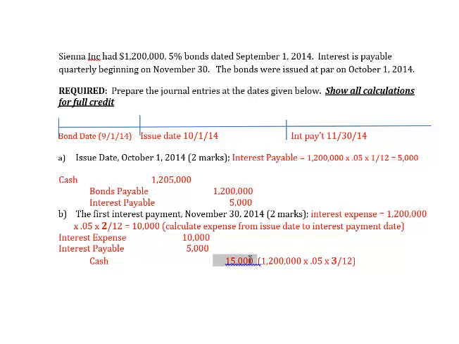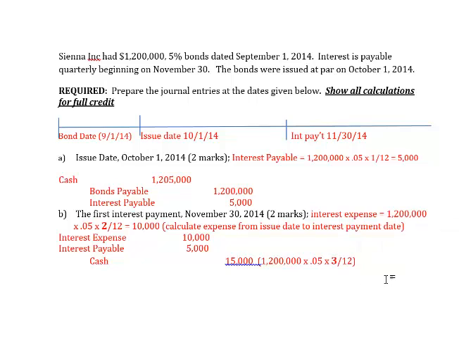So the investors now are getting a full 3 months of cash. And we're crediting cash here because we're doing it from Sienna's perspective, the issuer's perspective, right? So they have to pay out or credit cash for $15,000, which is how we calculate interest that we're paying, based on the face value times the coupon times 3 months. Because don't forget, the investors paid 1 month up front, plus because they've been in the game for 2 months, they get 2 months of interest. So 1 month that they've paid up front, plus 2 months, October and November, that gives us 3 months,